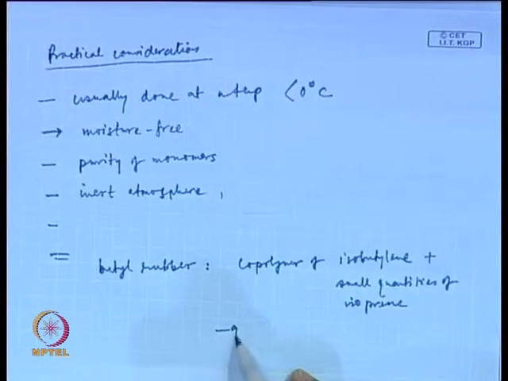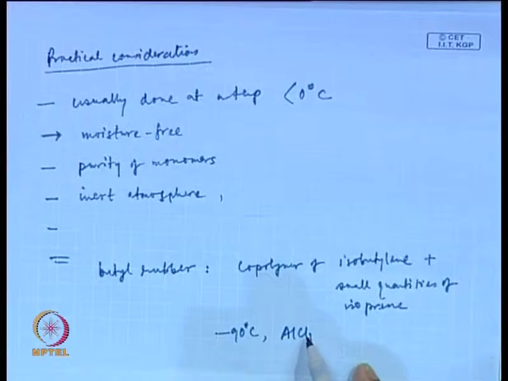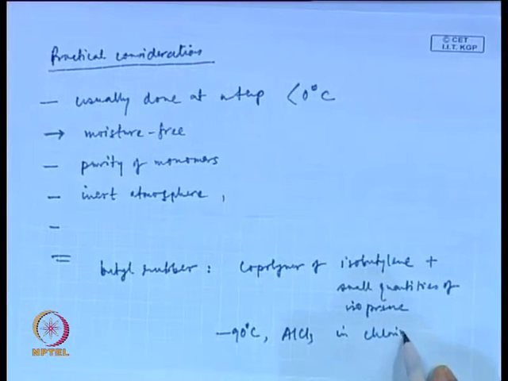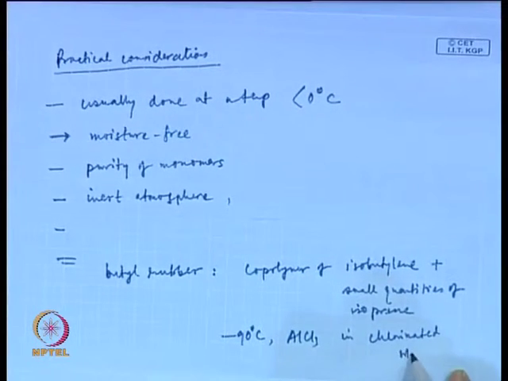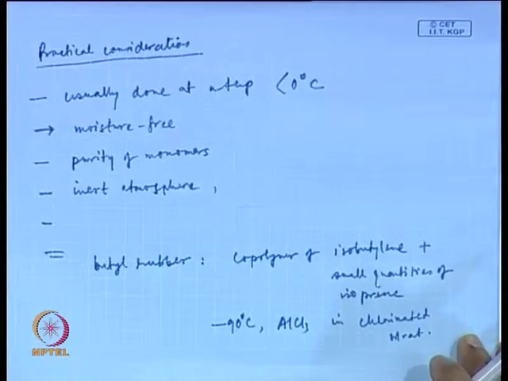This is done at very low temperature, minus 90 degrees centigrade, with aluminum chloride catalyst and in chlorinated solvent. Now, this butyl rubber